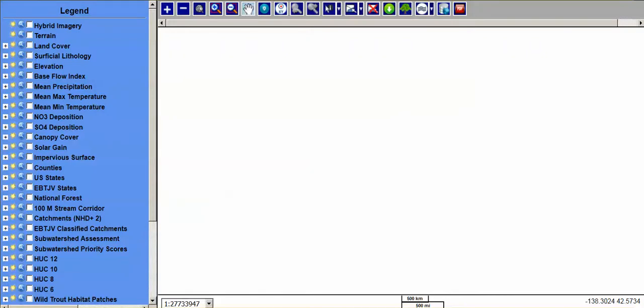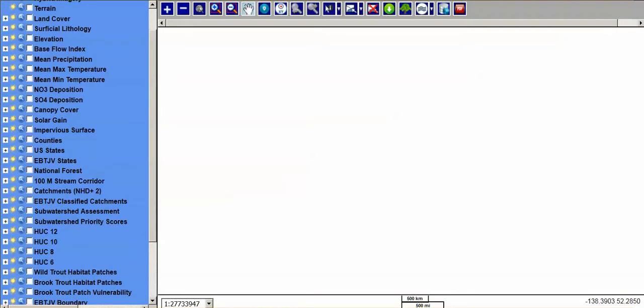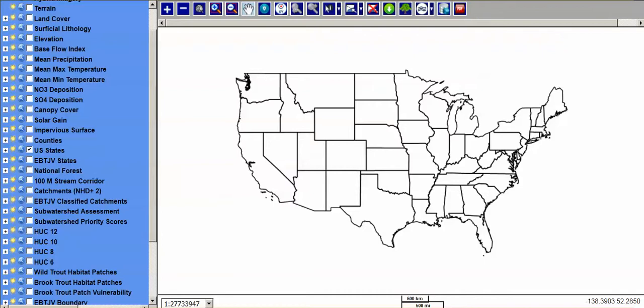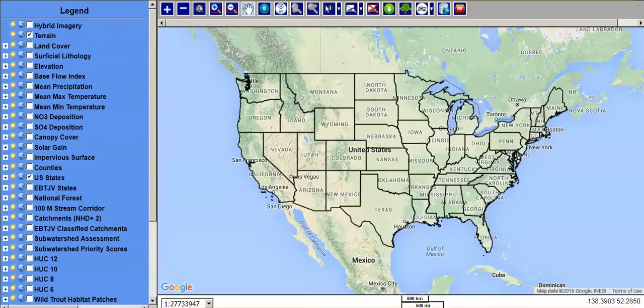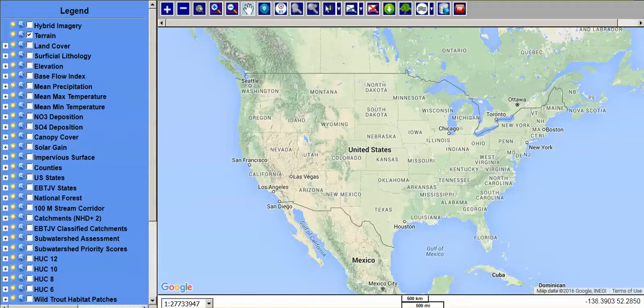This is a demonstration of an interactive mapping feature provided by Eastern Brook Trout Joint Venture. You'll see here on the left how we have layers. I'm going to turn on some layers so you can see what's going on here. So you see here I'm going to click on US states and I can turn off or turn on those